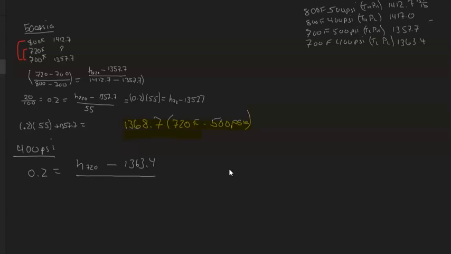1417.0 minus our 1363.4. That we can take our 0.2 and hopefully understand that this 0.2 is really just that number right there, and multiply that by our 1417.0 minus our 1363.4, and that's going to give us the equal to the H720 low,